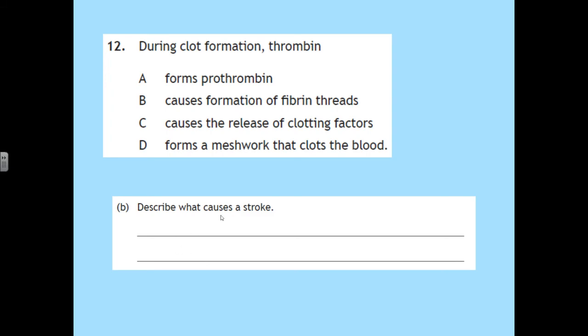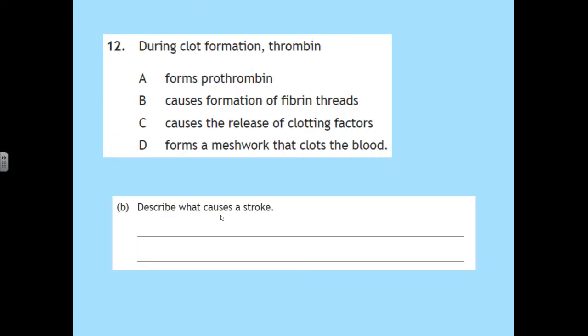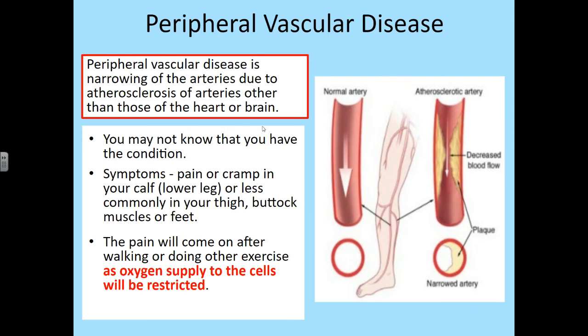Describe what causes an ischemic stroke. So ischemic strokes, checking if the answers came up. An ischemic stroke is caused when an embolism or blood clot travels round and reaches one of the small arteries perfusing the brain with blood. It blocks this artery and prevents the blood from providing nutrition to the tissues of the brain. The brain is then damaged and this causes symptoms of a stroke, which you might know as FAST: face, arms, speech, time.